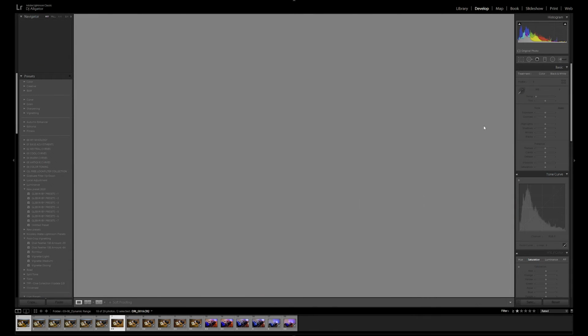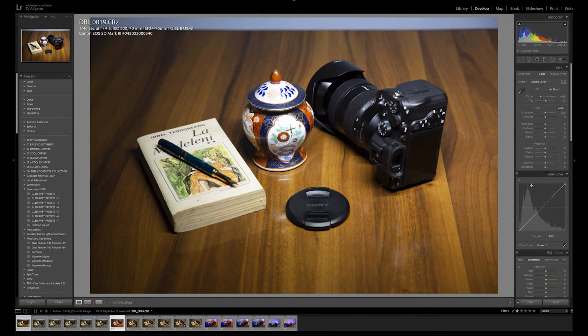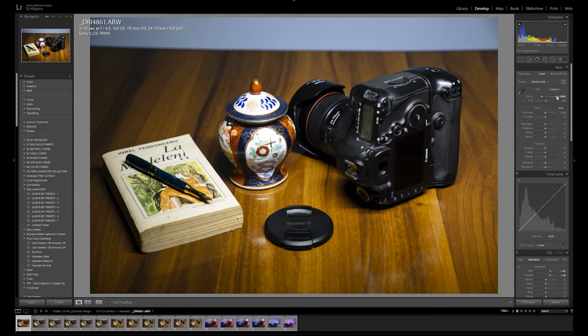What I did change on the Sony is, let's go on the Sony, I increased a little bit of temperature, tint, and also saturation, and used the Adobe Profile Color Vivid. Yeah, you need to do a little more work, and it's not perfect with this color, you need to do a lot more work to get pretty good